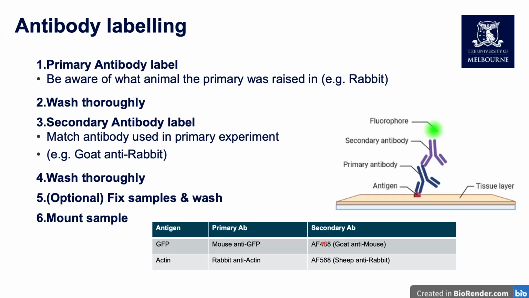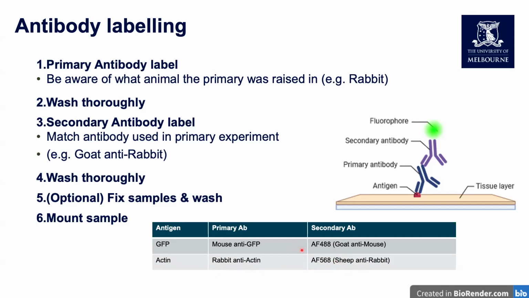an Alexa Fluor 488. For the example of actin here, we've got an anti-actin antibody which was raised in rabbits, and our secondary in this case is an anti-rabbit, so detecting this part, which was raised in sheep and has an Alexa Fluor 568. So we just need to be careful of the species that our primary and secondary combinations